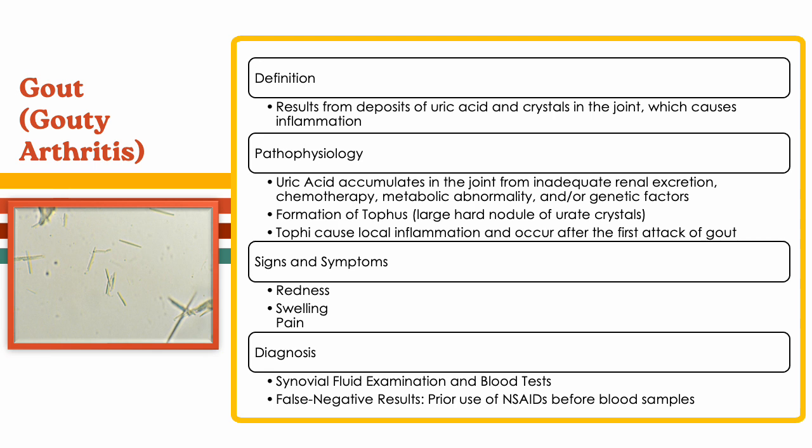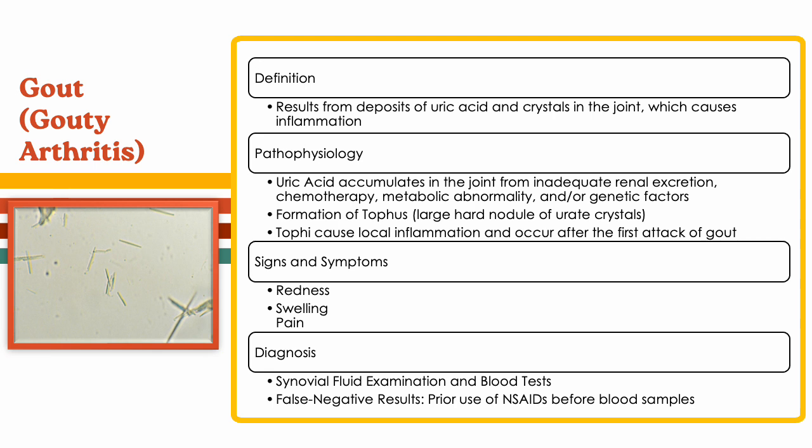You have the formation of a tophus, and that's the nodule of urate crystals or uric acid crystals. These tophi can cause local inflammation, and this is where you see the symptoms of gout occur. So you do have swelling, you have pain, you have redness in that area of the joint, and it does require a diagnosis with your synovial fluid as well as blood tests, specifically that uric acid test to see if